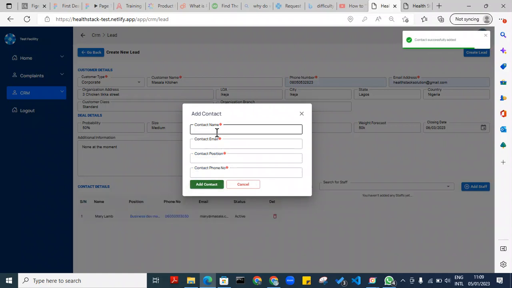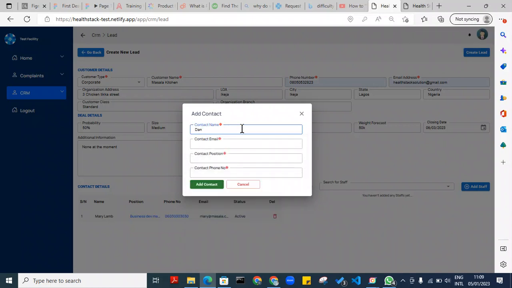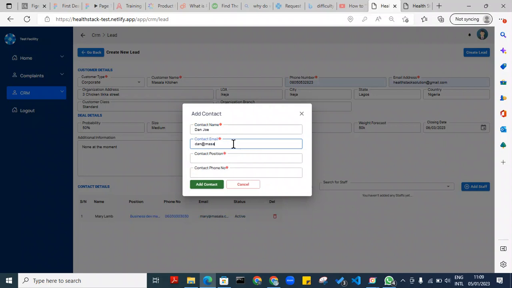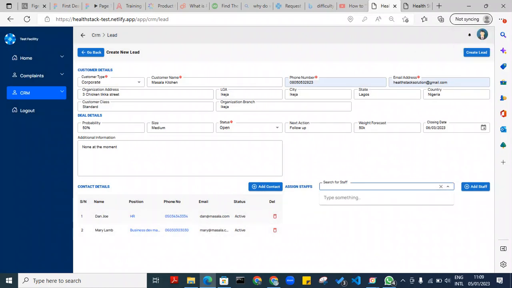So let's say there's another contact for this client, that's Dan at masala.com, and Dan is HR. Dan's phone number is, I'll add. So now we have two additional contacts for this client, and we need to assign this client